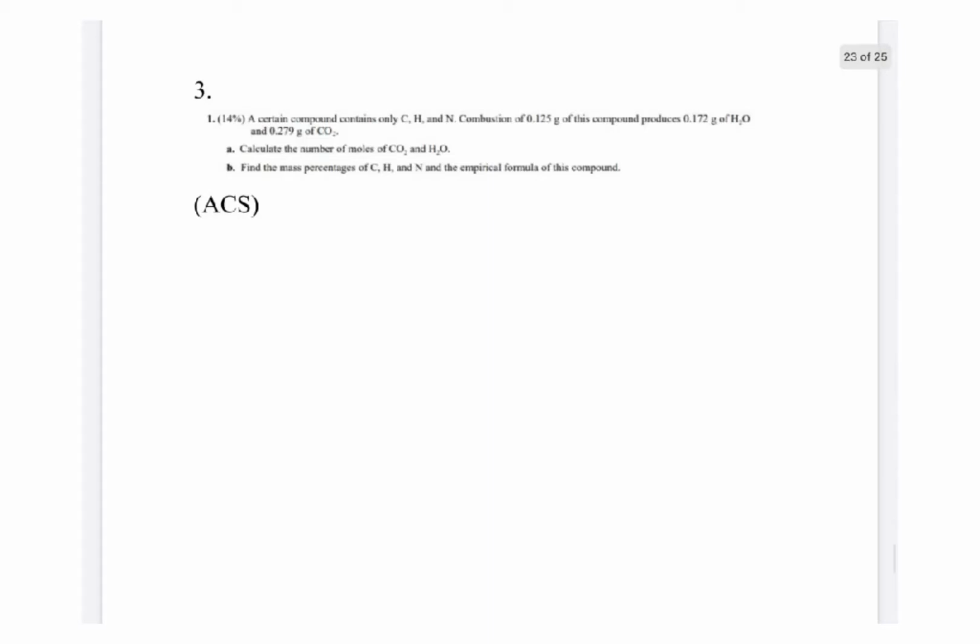So now let's look at one last question. This one is an empirical formula one. It shouldn't be too bad. So let's do A. Calculate the moles of CO2 and H2O. Well, we have grams of H2O and grams of CO2. So just use the molar masses. This has molar mass of 18.02. This has molar mass of